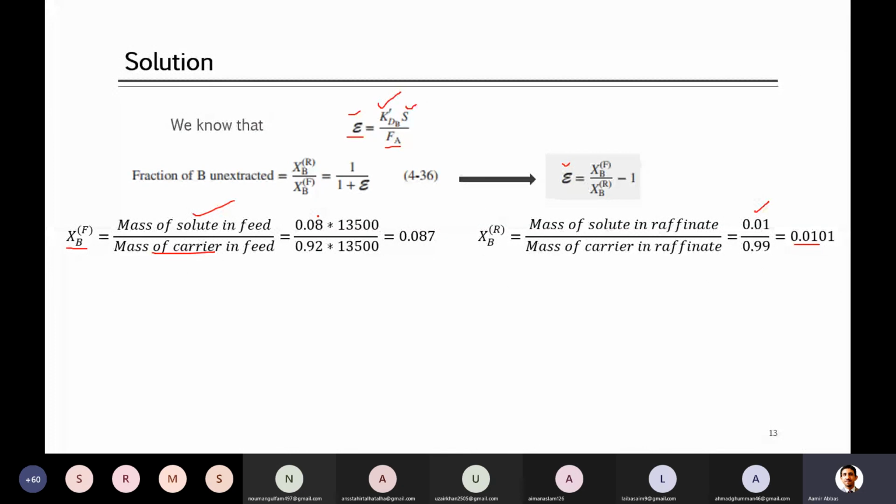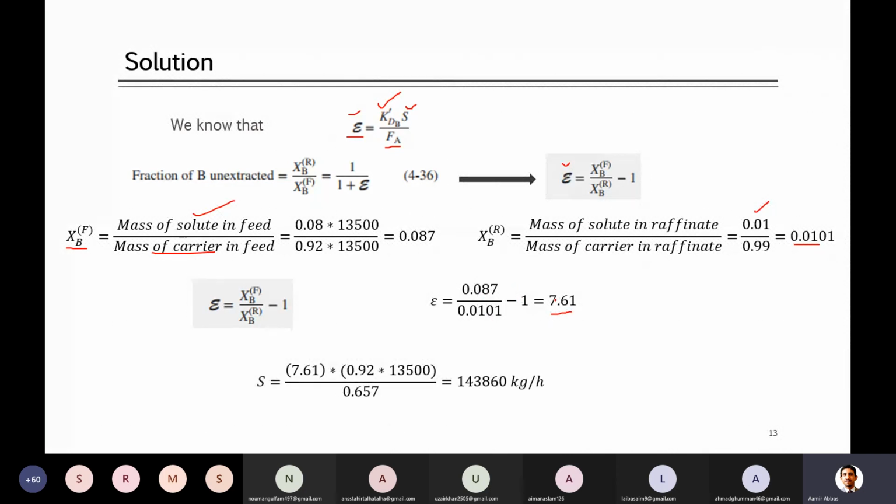So that you can find it easy to go with this. So when we have found these, we can use the above equation and find epsilon. That is 7.61 in this case. We just put in the values of xdf and xdr, because if you remember, when we started with this equation, we said both halves are known and only the leftover was this, which we have now found. So we can go back to the equation and solve it.